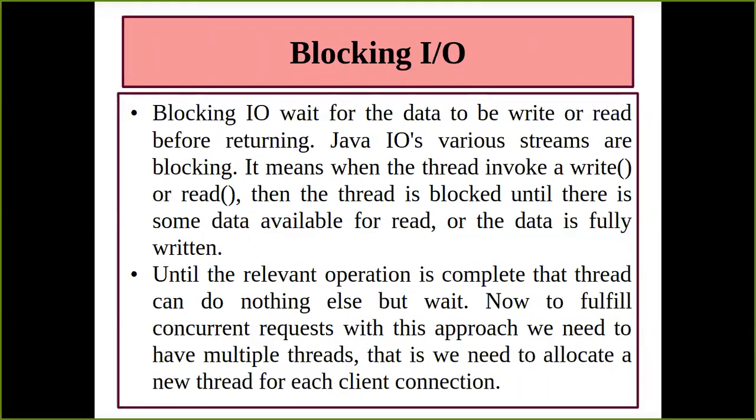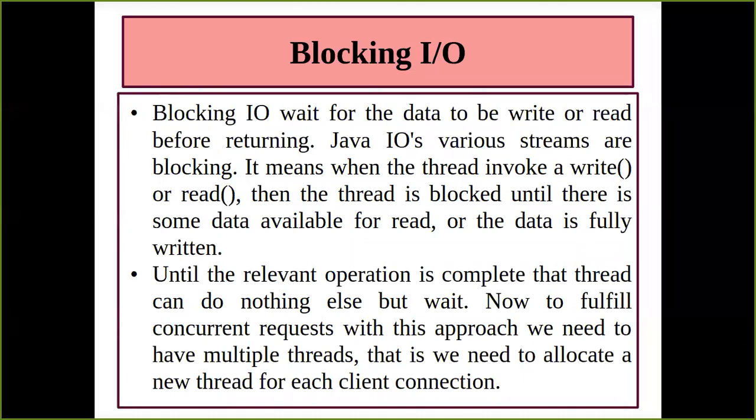Now basically your thread is going to block until your read method gets invoked, and with the help of the read method all those 100 lines of statements are going to be read and the response given back to the client. Till that time your IO mechanism is going to be blocked. So if any other client wants the same access to the same content, it has to wait.